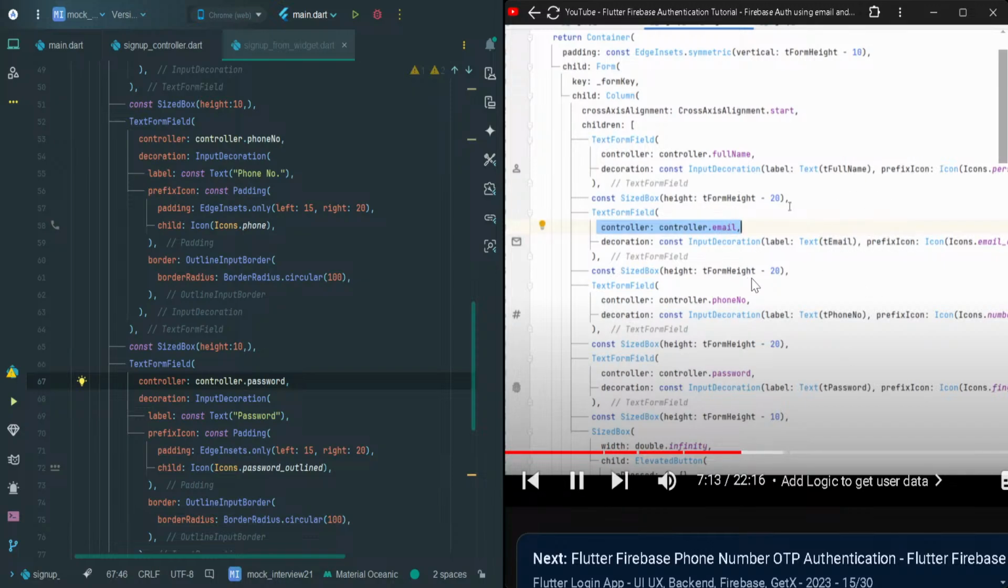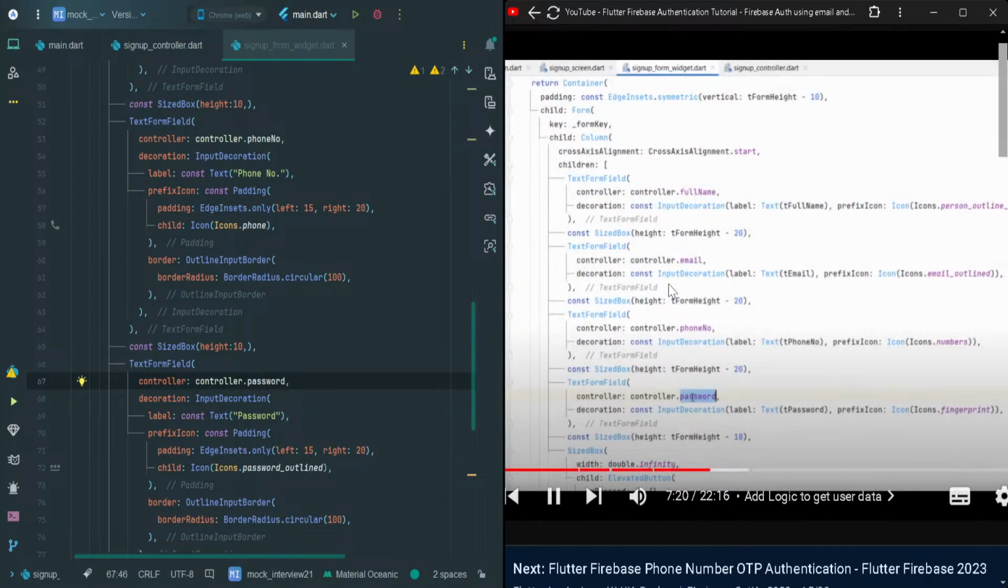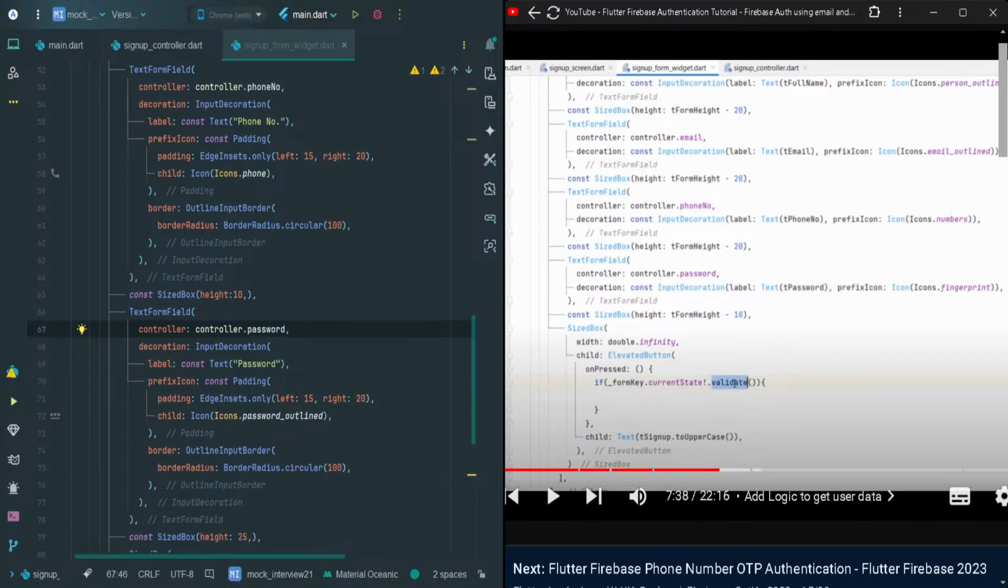We are not going to save all the data, but we are going to perform the authentication. So for that, we just going to need email and password in our case. But in upcoming tutorials, we will save all the data in our Firestore. So once we have all the data, we have a controller. When the user is going to press this button, we want to check if form key, means the form, is validated, current state validated. If it's validated, so this validated